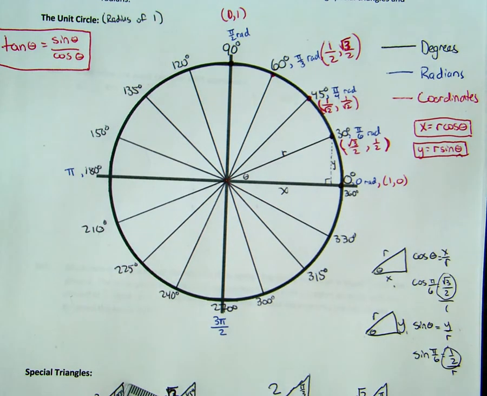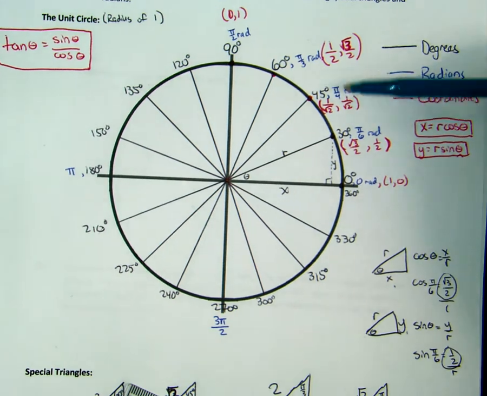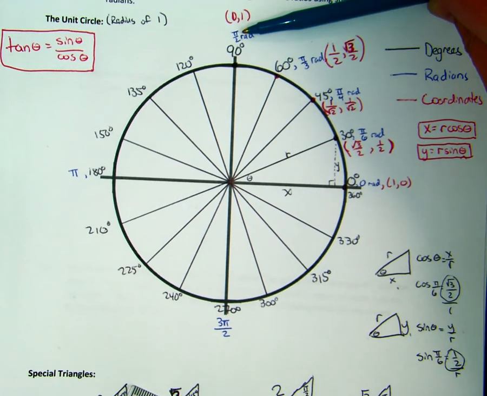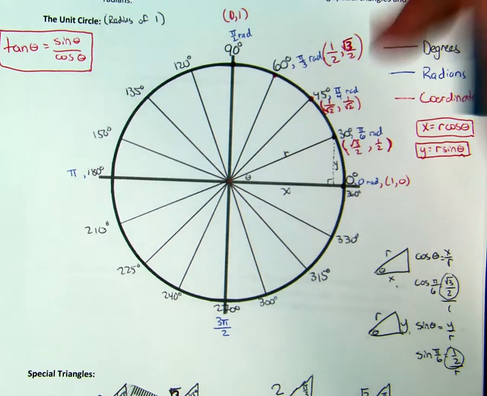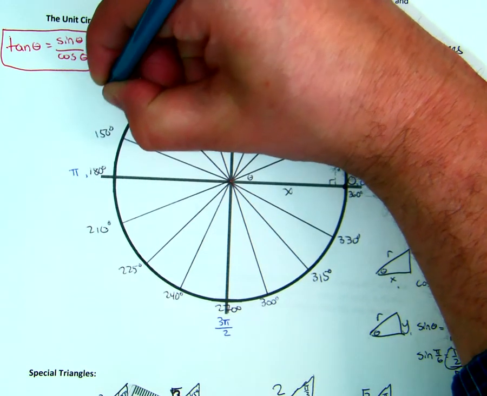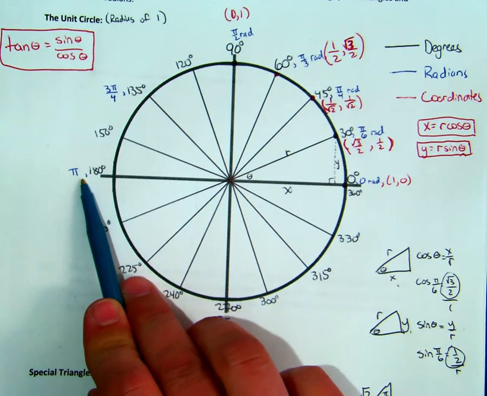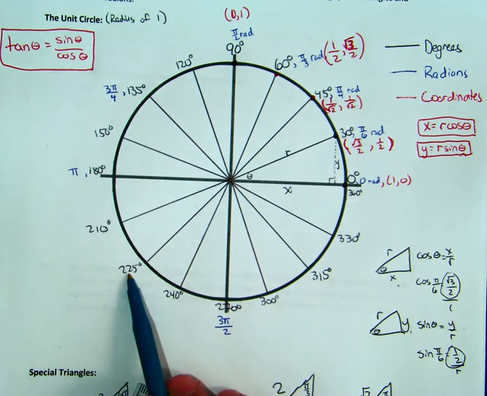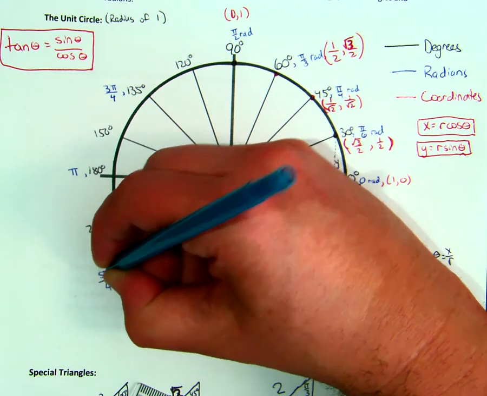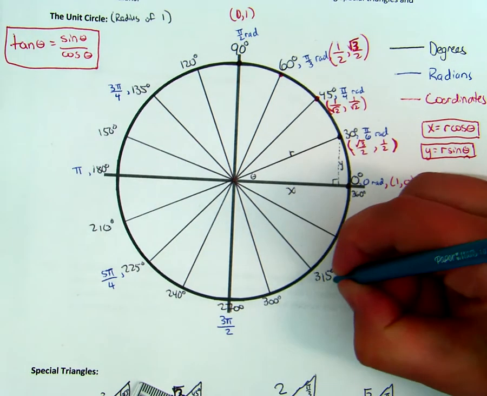Okay, and I'm going to do the 45s next because I think that's the next easiest one. So 0, 1 pi by 4, 2 pi by 4, which reduces to pi over 2, 3 pi by 4. I'm counting by pi by 4s. So 3 pi by 4, 4 pi by 4, which reduces to just pi, 5 pi by 4, 6 pi by 4, this would be 7 pi by 4,